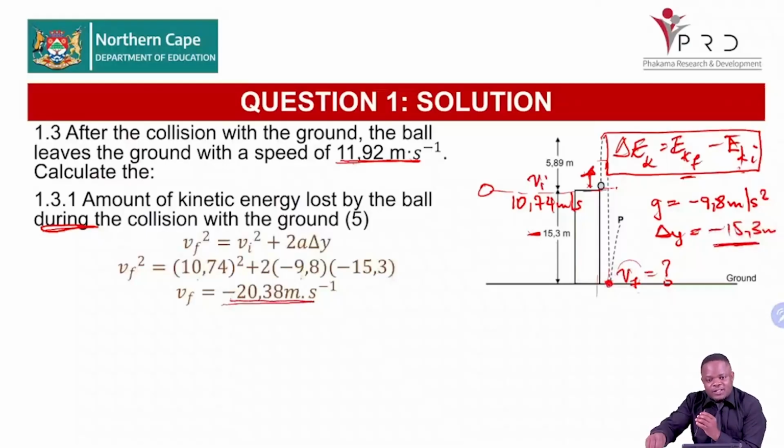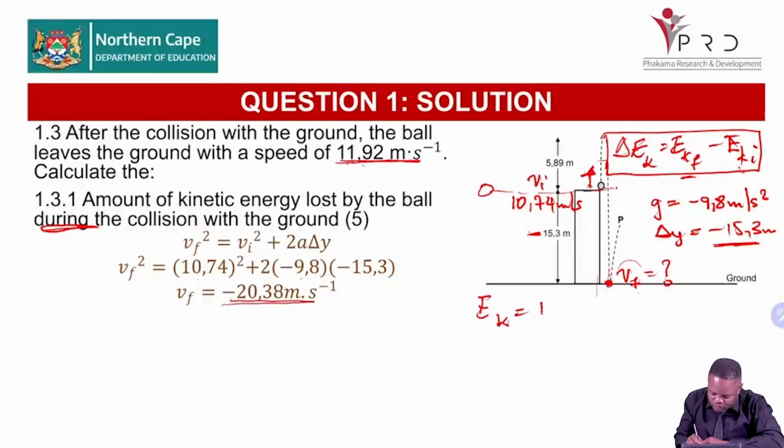So it came with a negative 20.38 and then it left with 11.92, a positive 11.92 going upwards. So 11.92 now becomes our final velocity of the collision. All right, so now we can substitute in our formula to get our change in kinetic energy, or the kinetic energy that is lost, bearing in mind that kinetic energy is equal to half mv squared. So final kinetic energy, half mass times the final velocity squared, and the final velocity in this case we said 11.92. Okay,